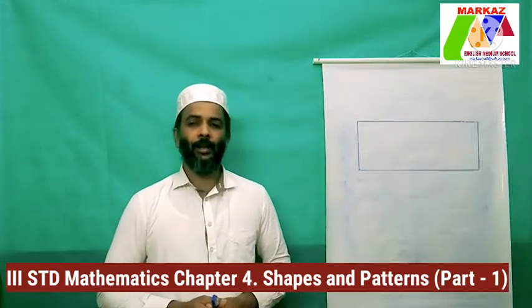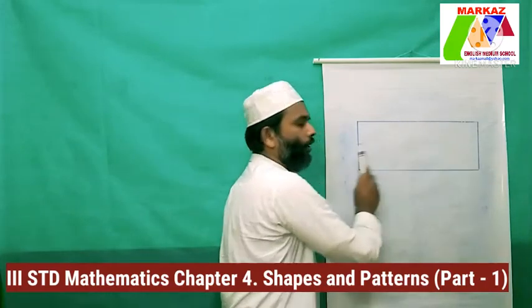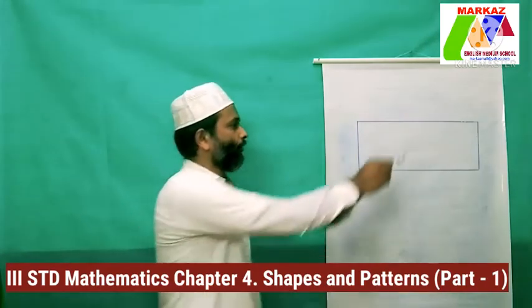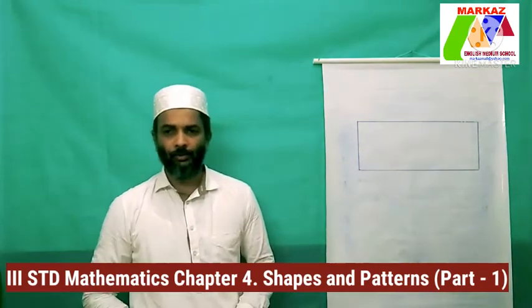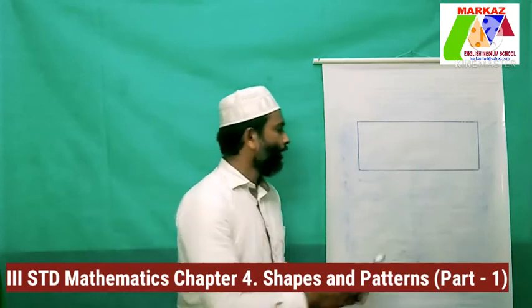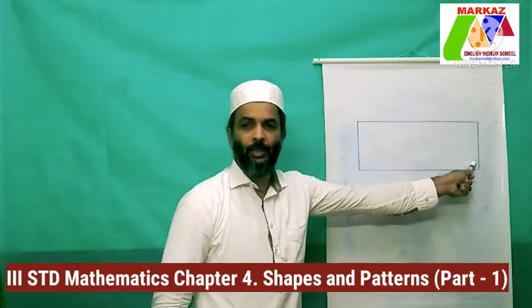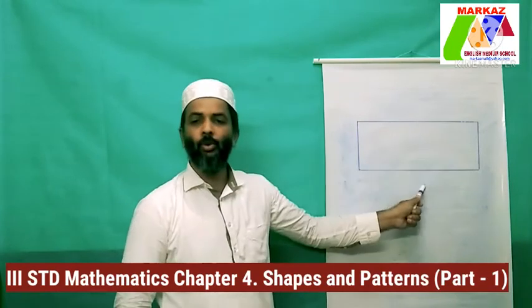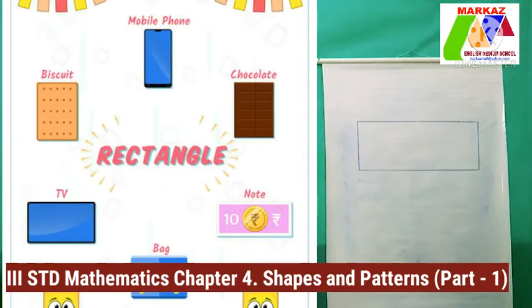Opposite sides of rectangle are equal length. Like this side is equal to this side and this side equal to this side. Clear? Now let me show you a few examples of rectangle. These all are rectangular in shape. So students,